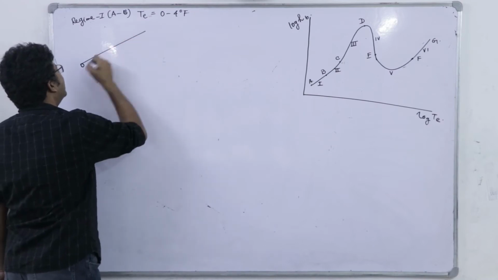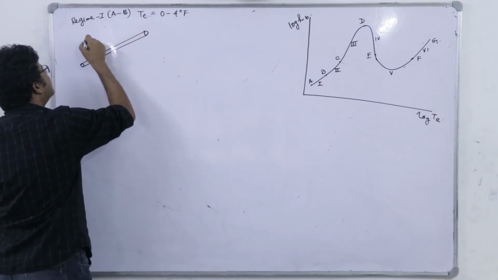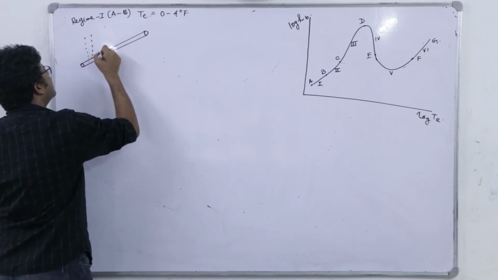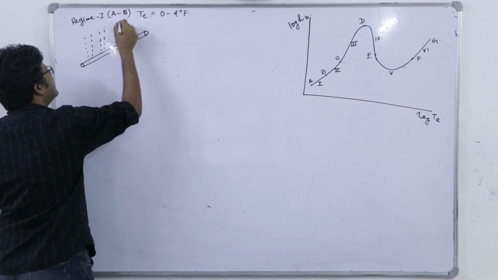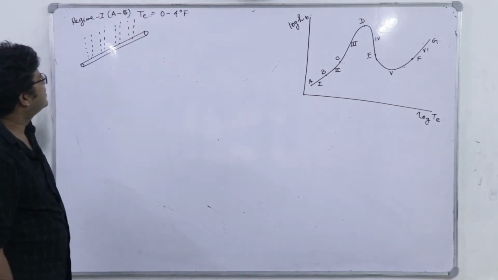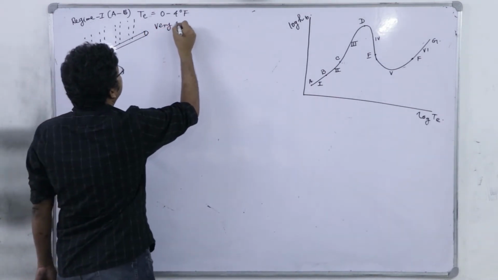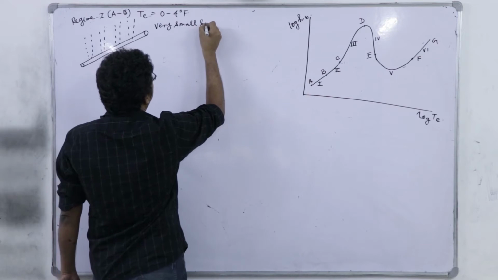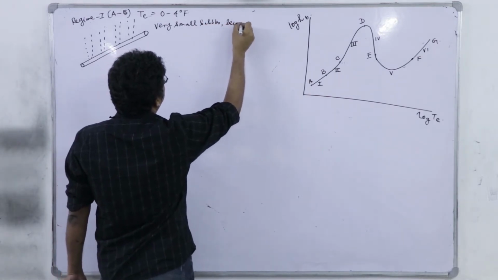If this is the weir, we have very small bubbles, right, from different spots, they move up like this. Okay. So it is very small bubbles being generated